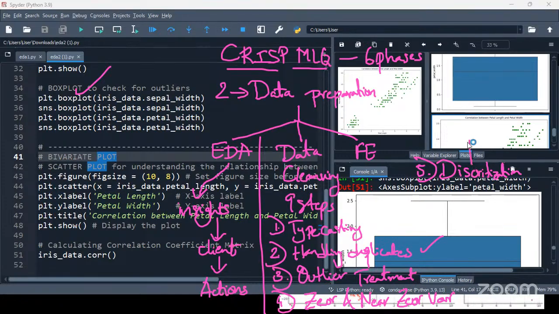Discretization is nothing but, if you have any continuous data, this continuous data will be converted to discrete data, the fixed data. Then next to discretization, we'll have dummy variables, dummy variable creation.